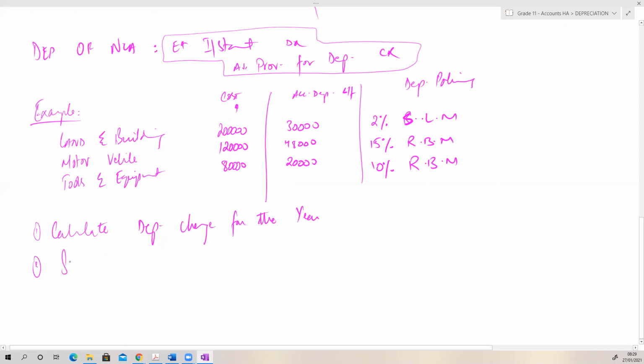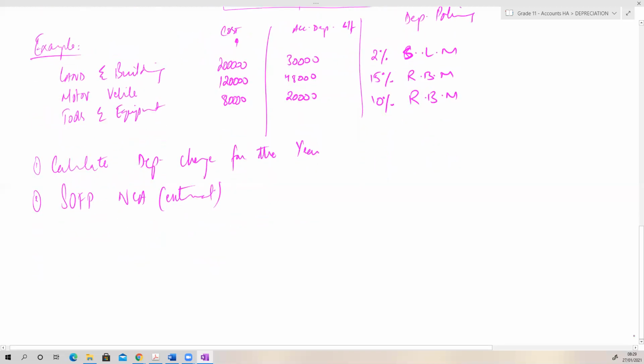नंबर 2, एसओएफपी का नॉन करंट एसेट का एक्सट्रैक्ट बना. Make an extract of non-current assets in the statement of financial position. नॉन करंट एसेट्स का एक्सट्रैक्ट कैसे बनेगा? It will be like this: cost, accumulated depreciation, net book value,